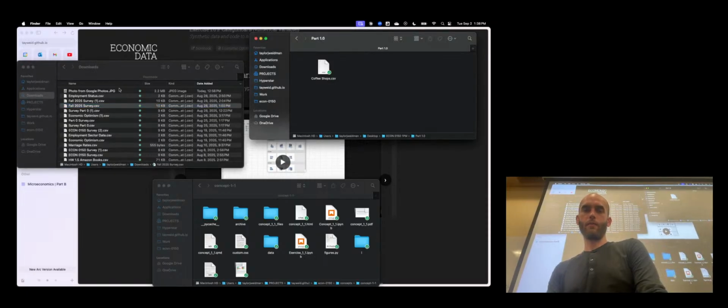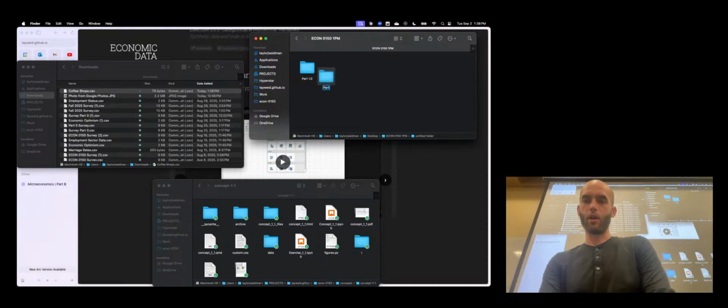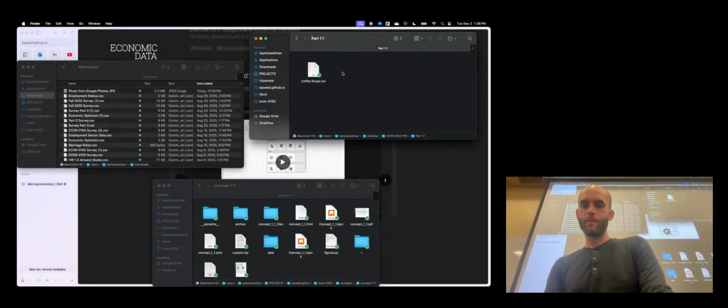Actually, that's not where we want it. Let's put it back. Today we're in part 1.1. So I'm just going to have a separate folder for today. I'm going to take this coffee shop data and just drag it over. Okay, and then